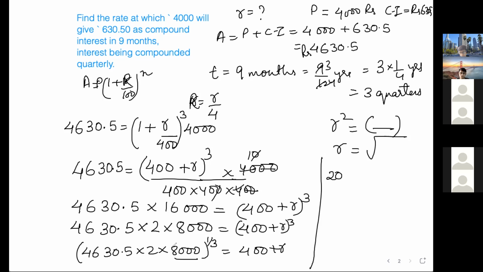8 is the cube root of 2, 2 into 2 into 2, so 2 comes out, and 10 into 10 into 10 is 1000, so 20 comes out, 2 into 10, and inside comes these two, 4630.5. You can say cube root of,